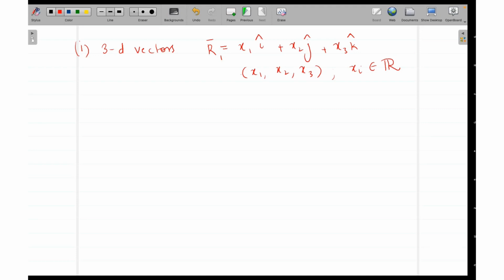So what are we supposed to do? We are supposed to see if these vectors follow all the 10 properties which are written on the previous page. So let's just see. First of all, the closure property. So if I have another vector, let's say y1 i plus y2 j plus y3 k, and since you know the vector addition